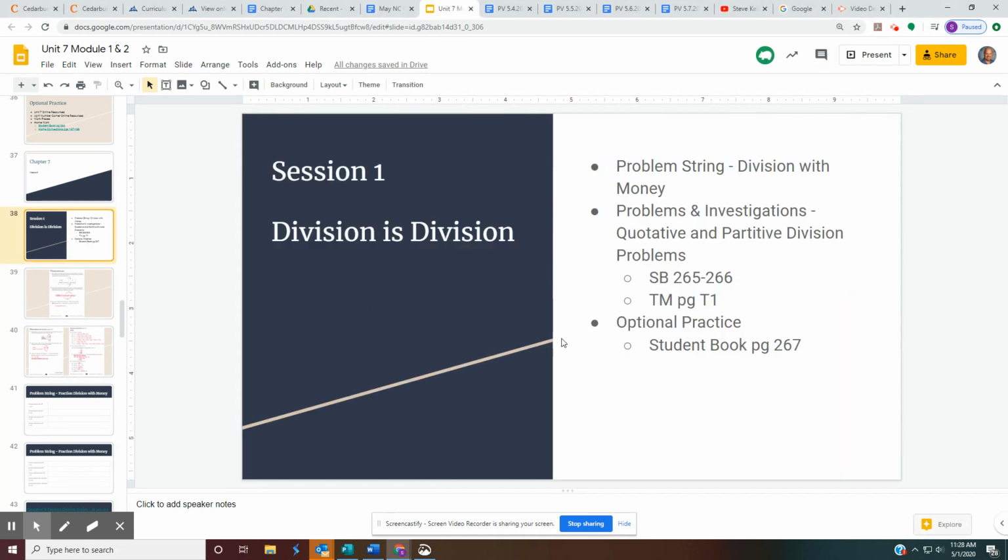Today, what we're going to do is look at division with money. We're going to look at dividing by fractions, but using money to help us understand what we're doing. We have problems and investigations where we have a quantitative and partitive